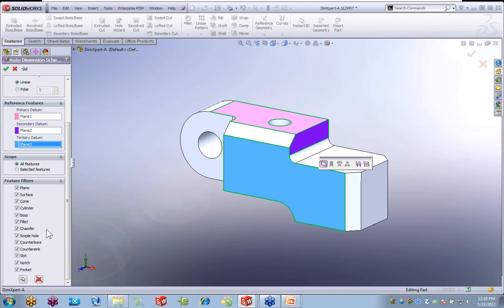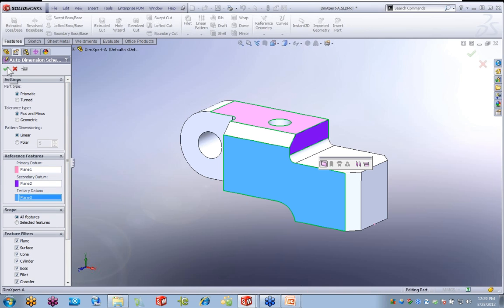Now when we say features in this case, it's not features like we think about in our everyday SolidWorks design. We don't have notches. We don't have slots. We don't have cones, pockets. Okay, what this does is a feature recognition of the solid model looking for these types of items. Now if I hit the OK button here,